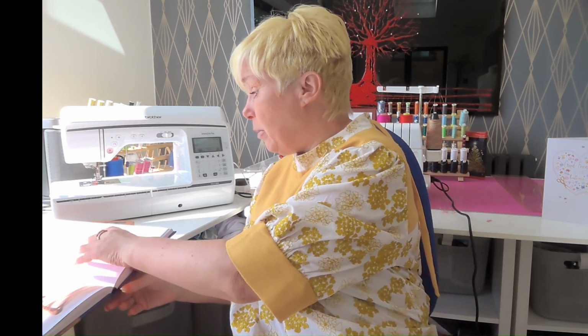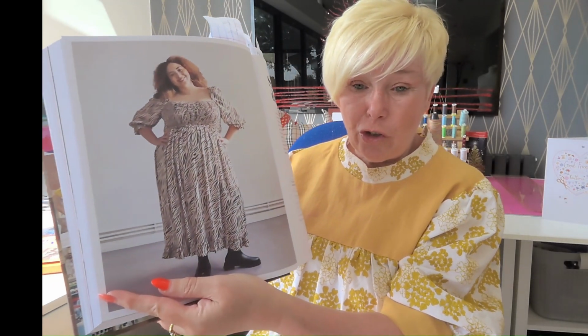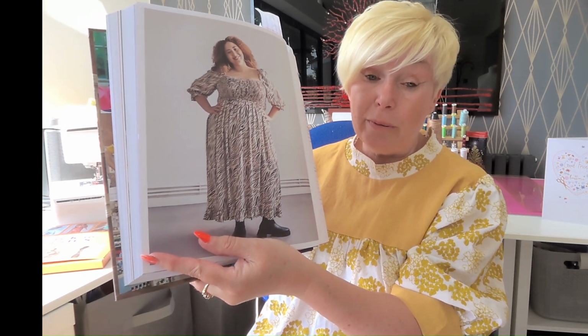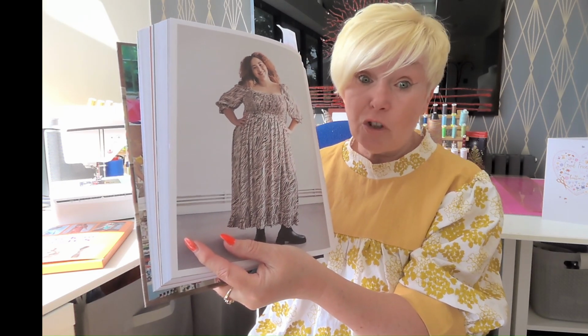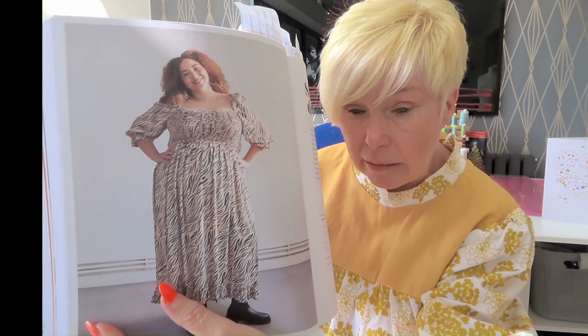So then there's one last garment that I could choose. And I did struggle. Not because there weren't enough patterns that I wanted to make, because there were too many of them. And in the end, I picked one that is going to stretch my capabilities. And it is the shirred dress. Because I will also be setting myself a skills challenge for the rest of this year, and shirring is one of the skills I want to improve. I've done little bits of shirring in waistbands and cuffs and things, but this has a completely shirred bodice